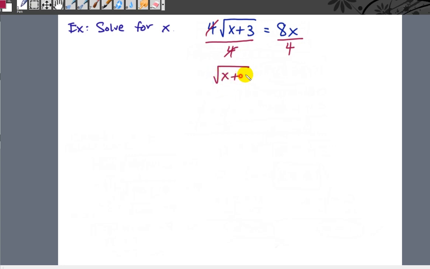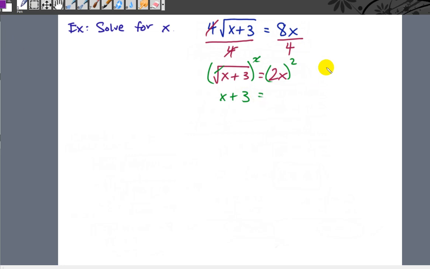So this is the square root of x plus 3 equals 8x divided by 4, which is going to be 2x. Now what we have done is we have isolated the radical. So now that we have done so, we can square both sides. If we square both sides, the square root cancels with the square, and we get x plus 3 equals,